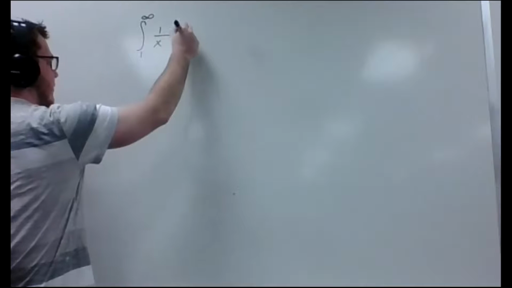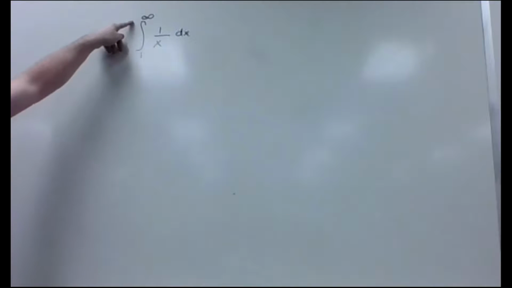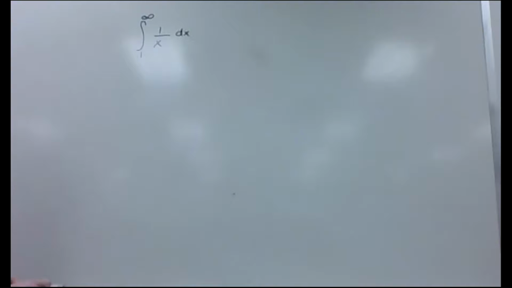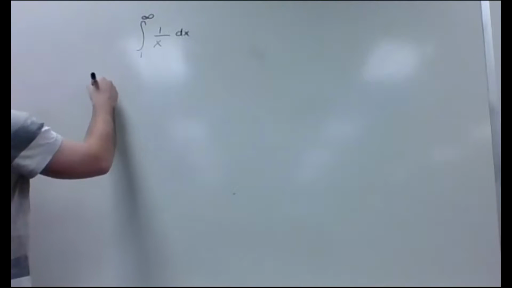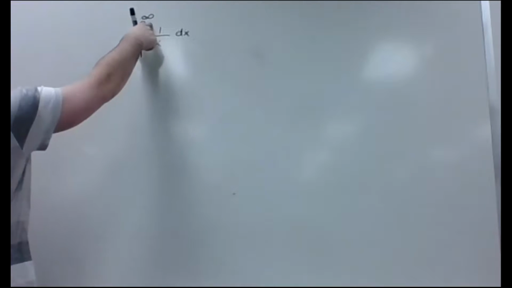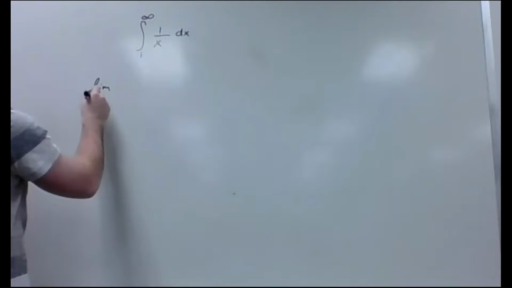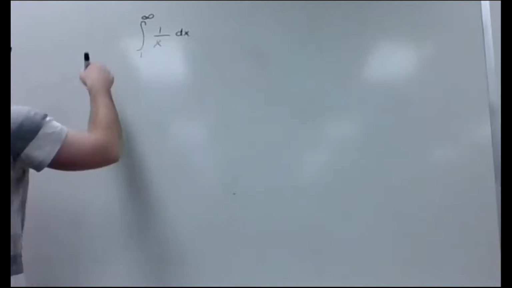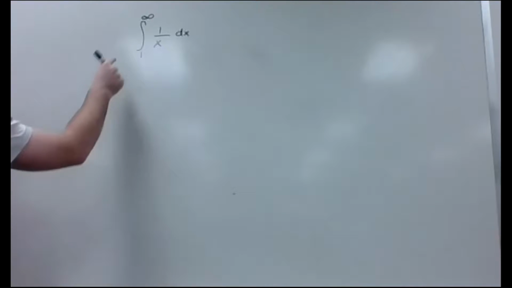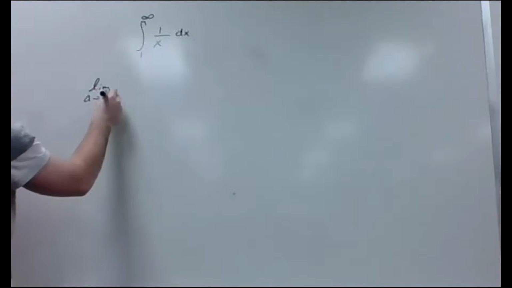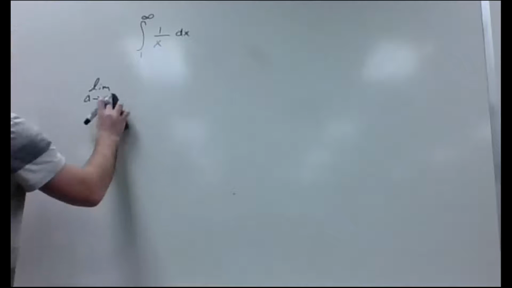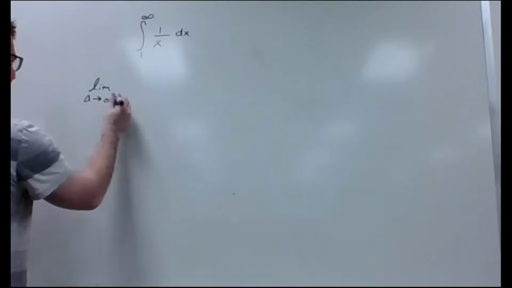So let's do a simple function, 1 over x, all right? Well, what do we do with this infinity? It's kind of a weird thing, right? So we're just going to take the limit. We're going to actually replace this with a variable, and we're going to say the limit as it approaches infinity, because you can't really plug in infinity in anything. It's as it goes to infinity. That's how it behaves, right? So we'll say as a approaches infinity of,